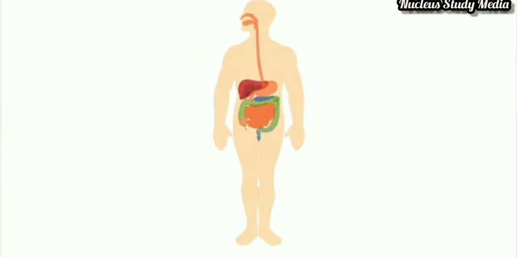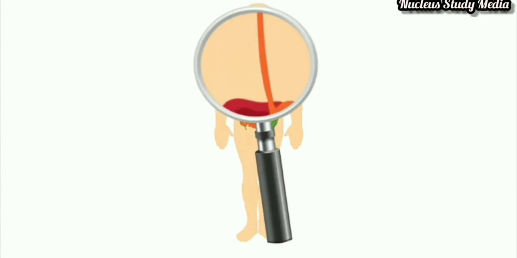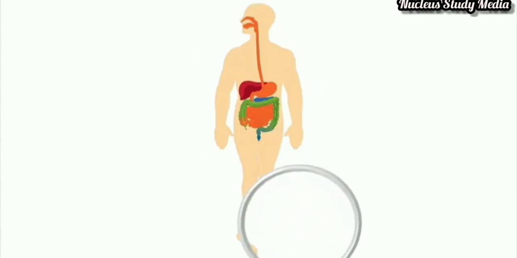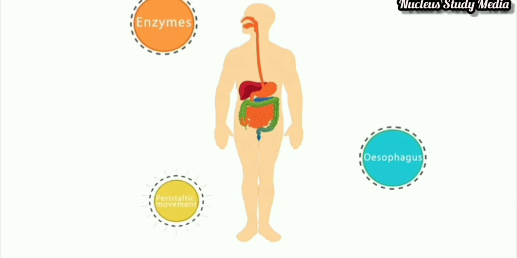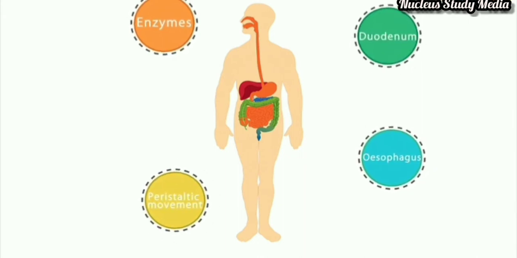This is roughly how the inner region of our upper body looks. We can see many parts here which form the human digestive system. And in the process of understanding it, we will hear many complicated words like enzymes, esophagus, peristaltic movement, duodenum, ileum,